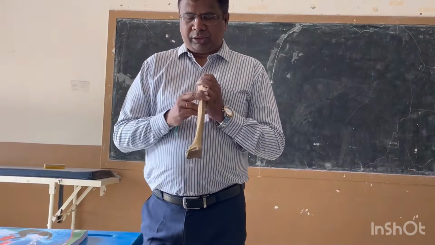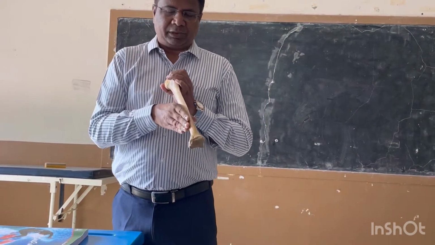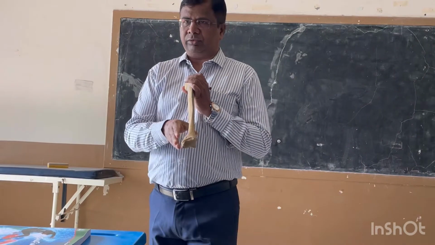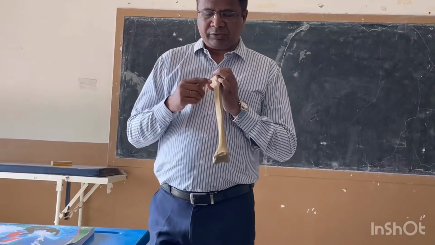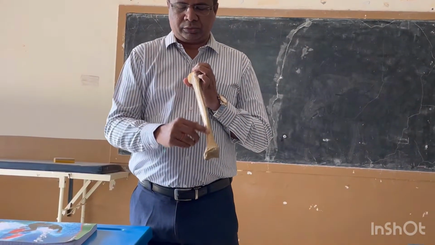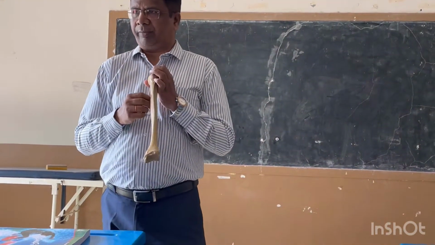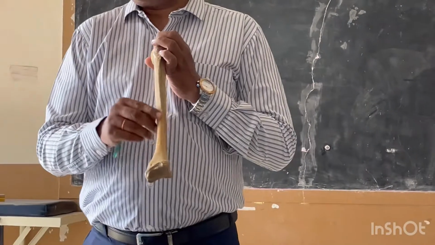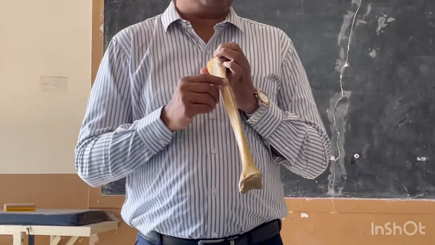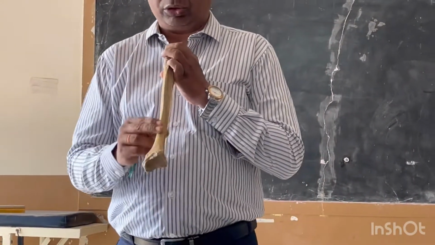The shaft of the tibia, you can see it is S shaped, meaning it goes down, and it is curved when it is going to slightly go down. It has a very sharp anterior border. The sharp anterior border of the tibia is called the shin of the tibia. This anterior border is very prominent, and you can feel this in your own body also.